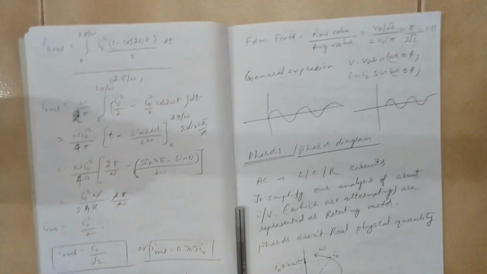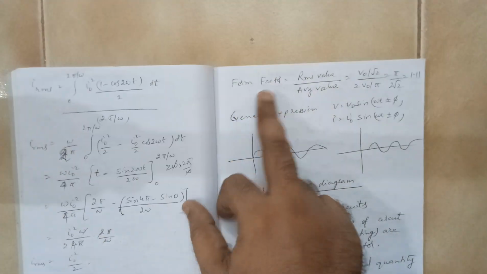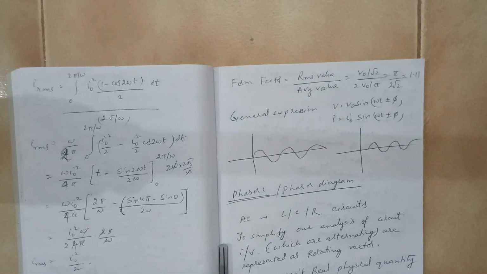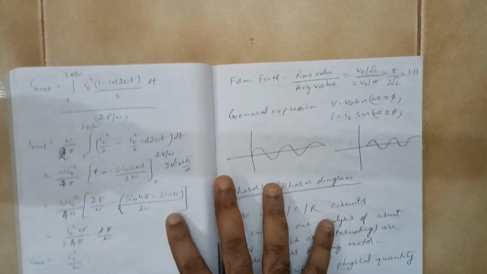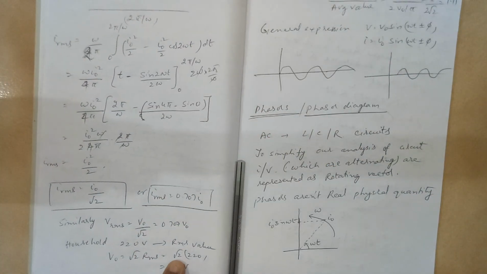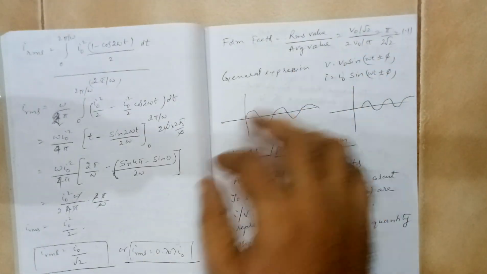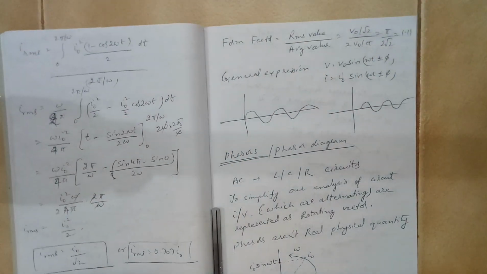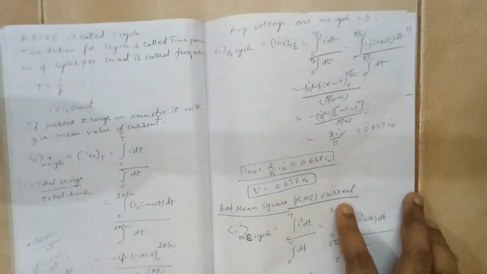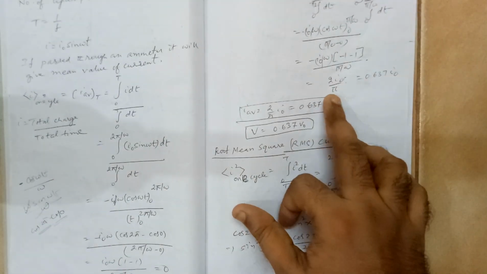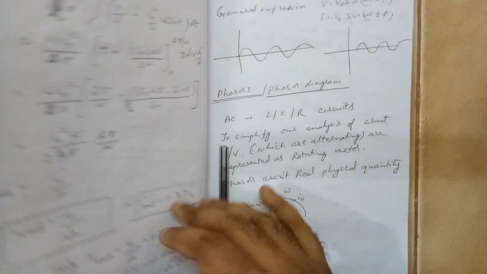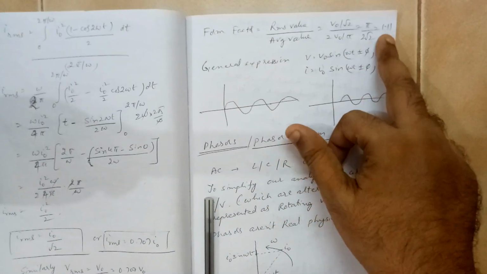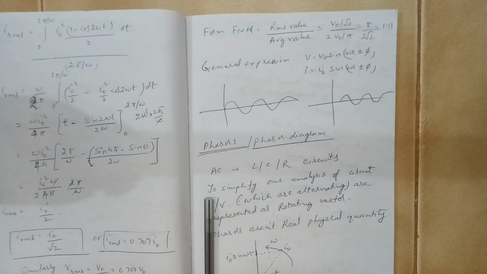Okay. Now there is another factor called form factor. It is also a definition. Basically it is the ratio of RMS value divided by the average value. RMS value you have just now derived. It is V0 by root 2. You need to put that. And average value is 2V0 by pi. Here we have written for the current, but current and voltage are basically the same. I told you the values don't change. So it is 2V0 by pi. Okay. When you simplify this, you get 1.11. So the form factor is 1.11.